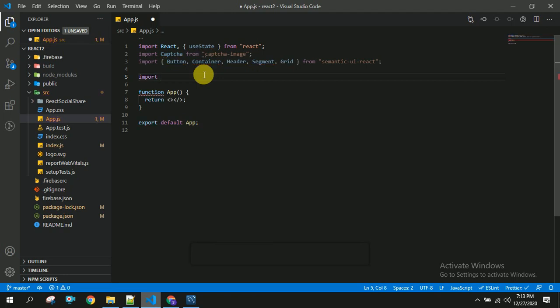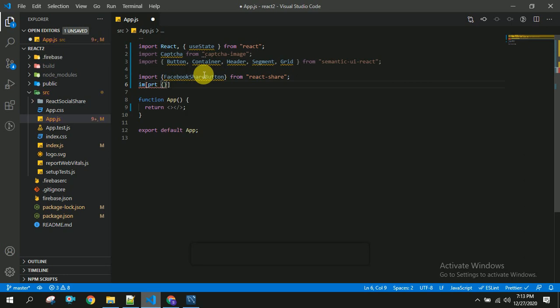First we will see how to do that using Facebook. Now we have to import the Facebook icon also. If you don't import this, you will not be able to see the Facebook icon there.